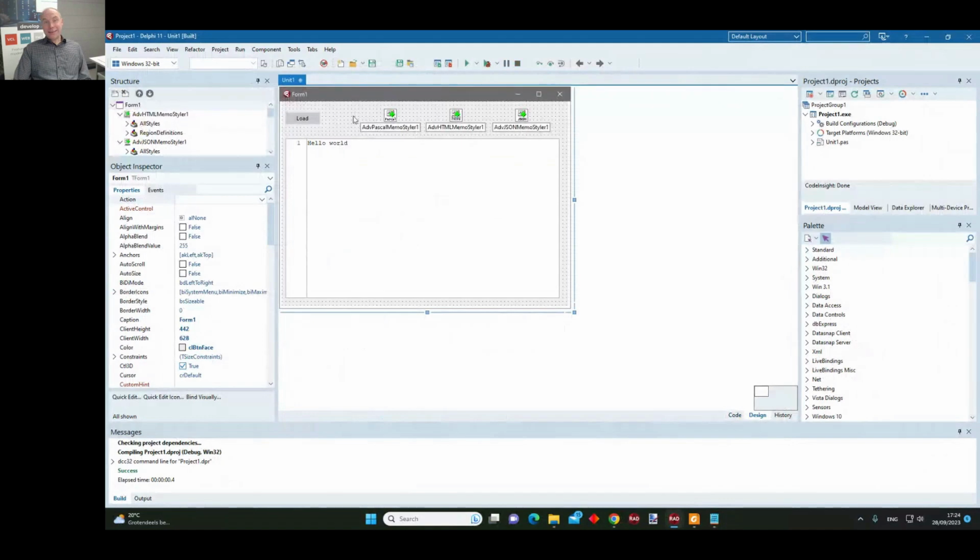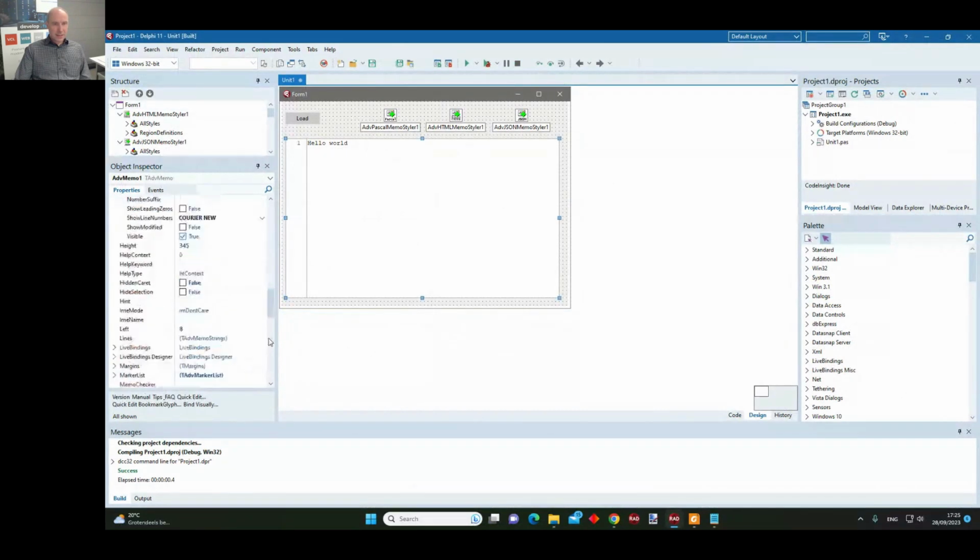Let's have a look now at code completion. And let's do the code completion with Pascal. So what I do is I assign my Pascal styler, and it is already assigned to the syntax styles of the ADV memo. And what I can do now, I can specify the code completion in different ways. One of the ways to do that is to do that dynamically by the event onGet